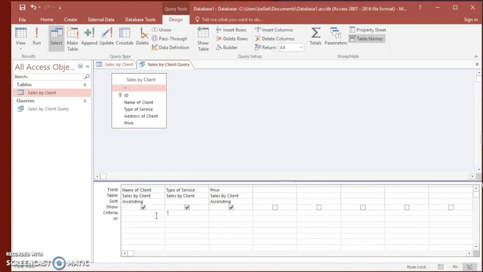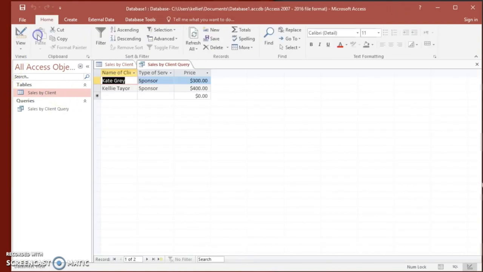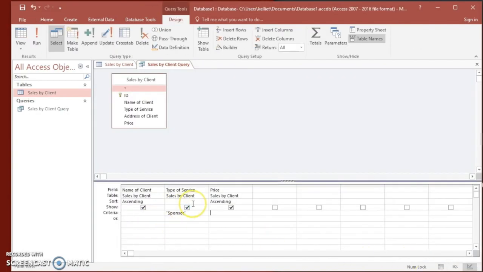Another example, I'm going to go ahead and remove this and type in sponsor. So now it's only going to show my clients who have paid for sponsor. I'm going to press run in the top left corner, and I see it has done it correctly and is sorted correctly by the prices of my clients of the sponsor. So another example, if you want to get more specific, I'm going to do my seasonal buyers. So put that in quotation marks, and then the price